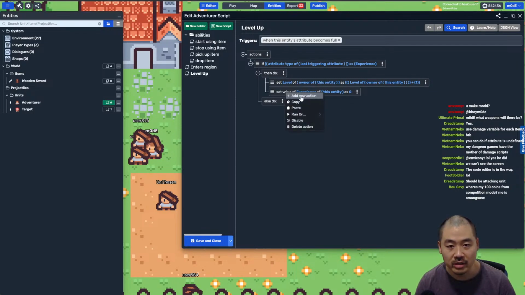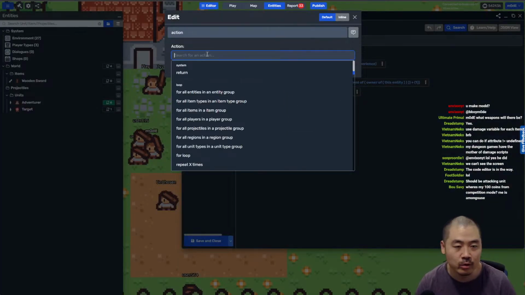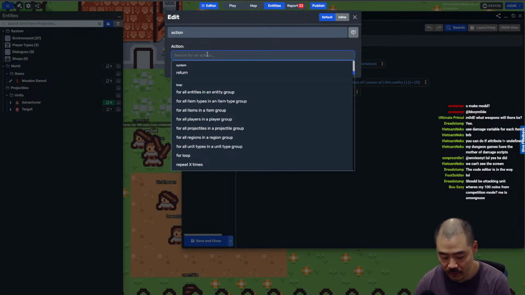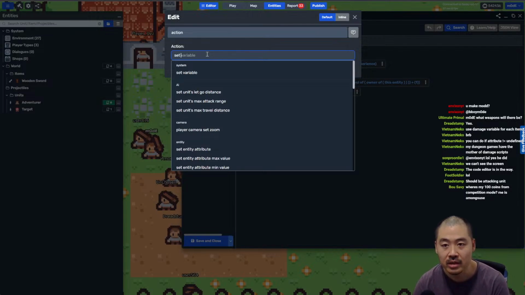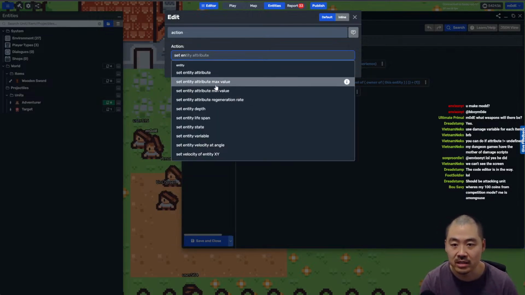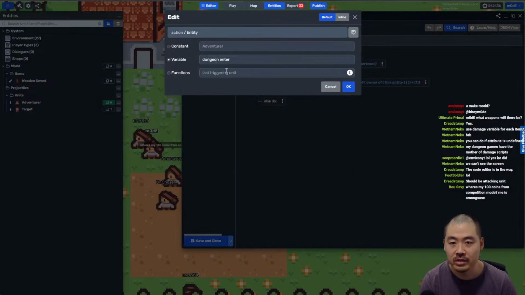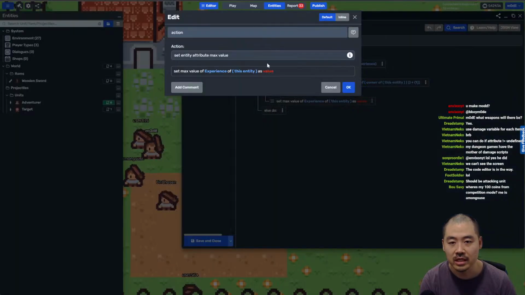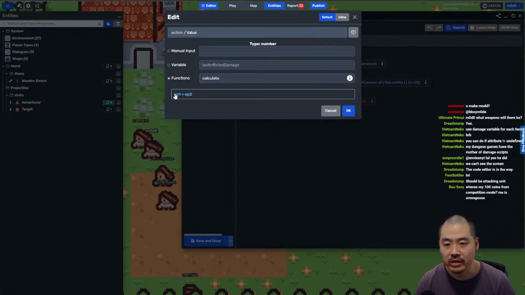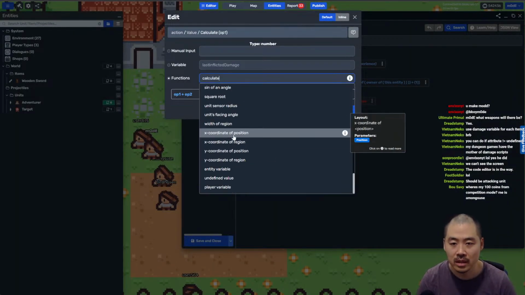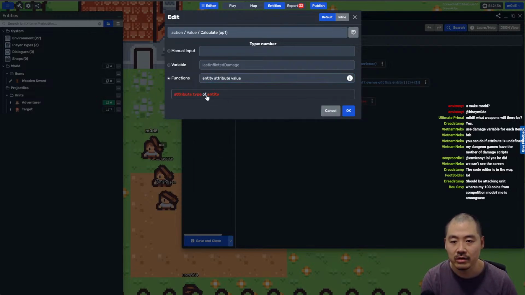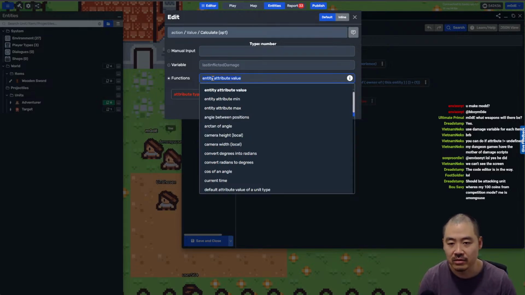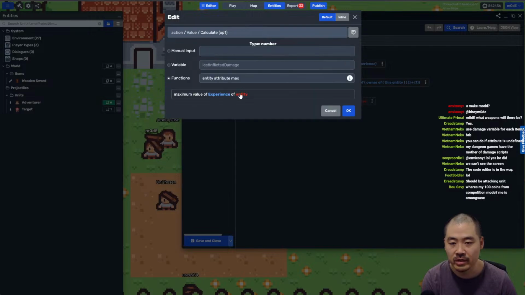And another thing we're going to do is increase the cap of the experience, so you need to work even harder to level up again. The way we're going to do it is we're going to set entity attribute max value, experience of this entity, as the current experience. So entity attribute max, right? Maximum value experience of this entity